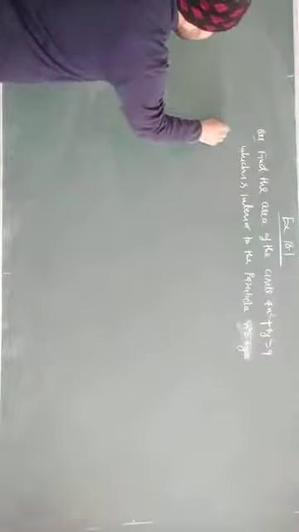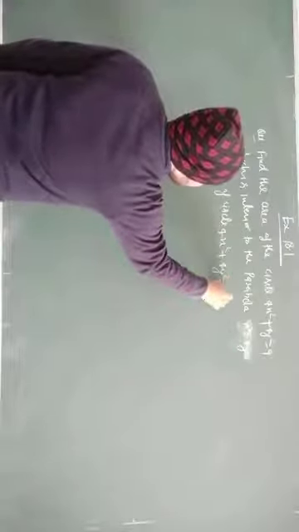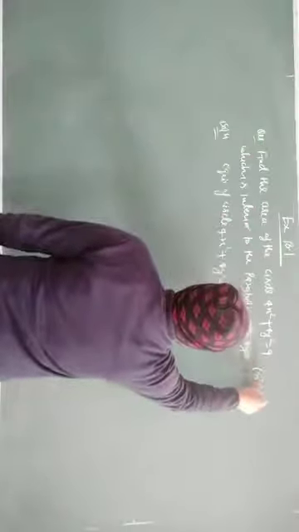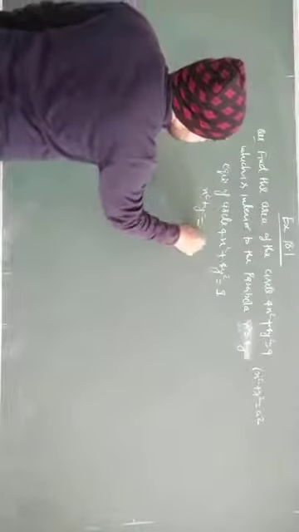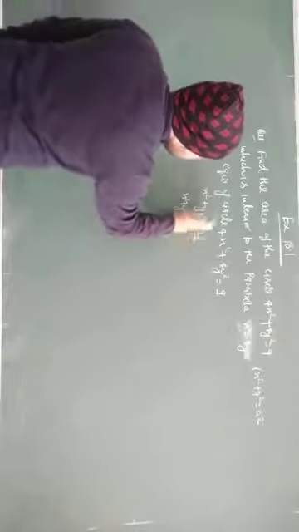So solution: the equation of circle, 4x square plus 4y square is equal to 9. We know that the standard equation of the circle is x square plus y square is equal to a square. So by making the coefficient of x and y equal to 1, we get our new equation of circle, x square plus y square equal to 9 by 4, or x square plus y square is equal to plus minus 3 by 2 square. Now draw the required circle.